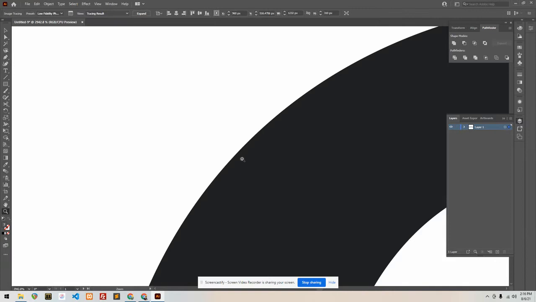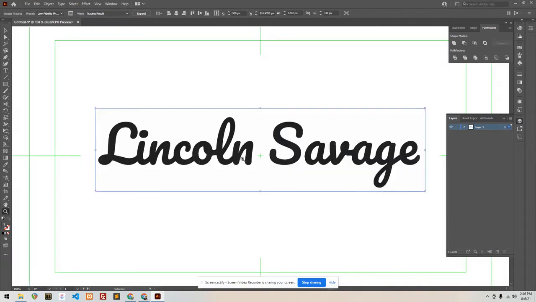Now let's zoom out. I like to go Control 1 to zoom out so I can see everything. And now we have a nice smooth vector graphic. It's not a font where we can double click and change the letters or anything, but we can manipulate them a little bit. The main thing is it looks nice and smooth no matter how much you zoom in on it. So for the next step, to break these into individual pieces,